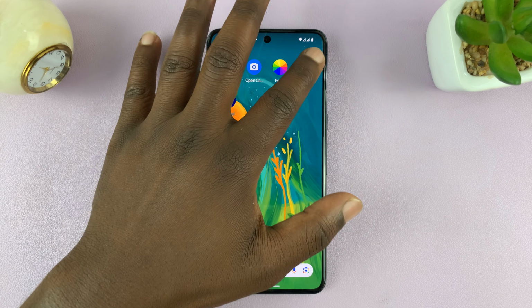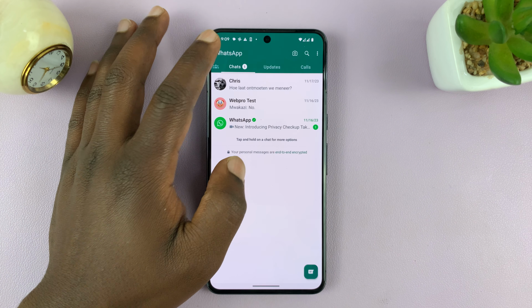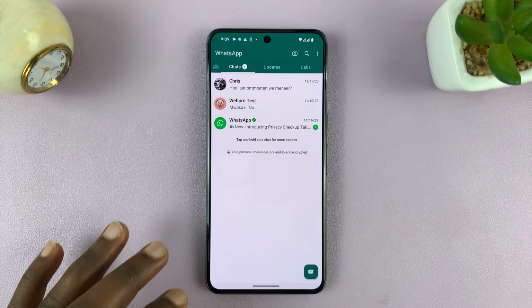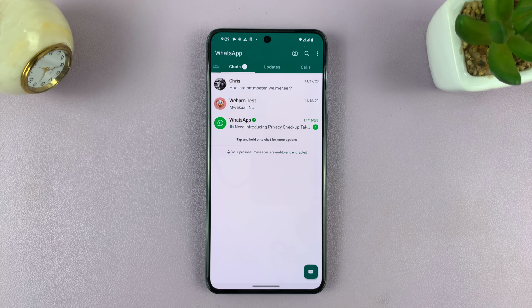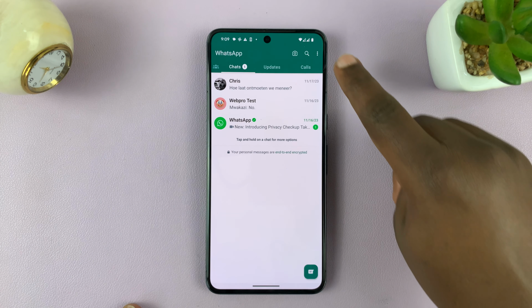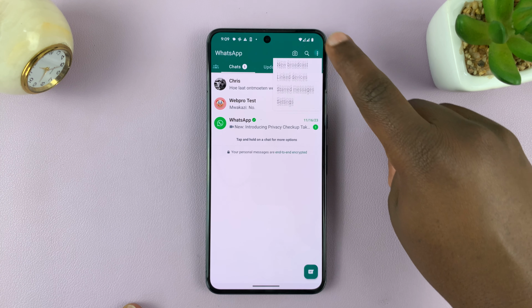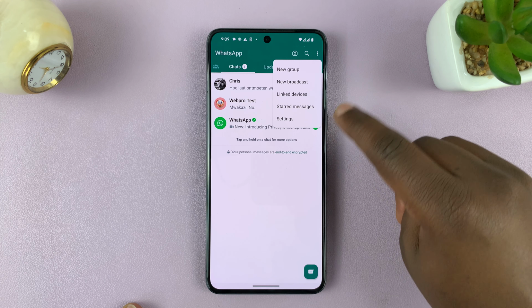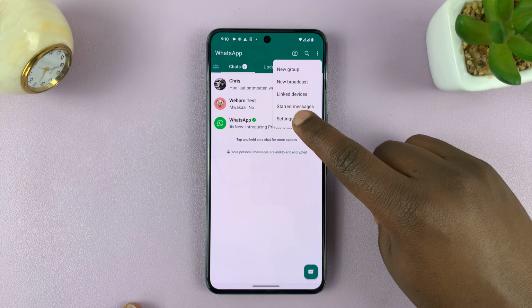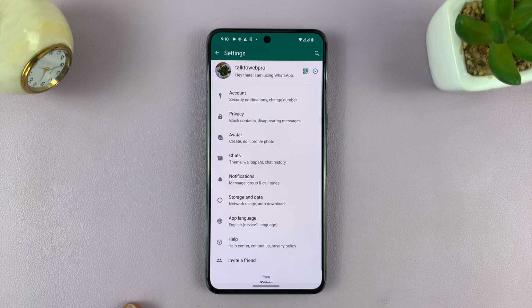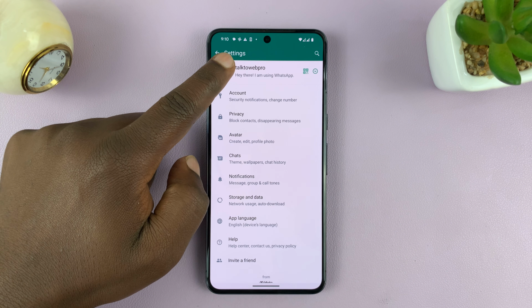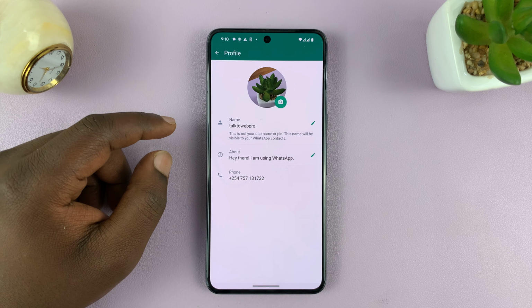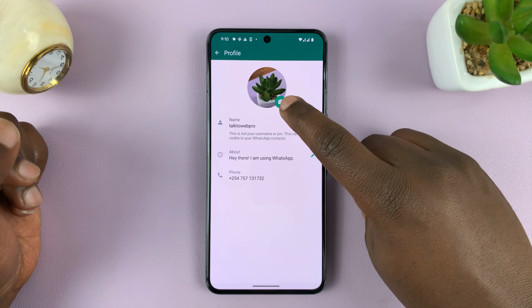So I'll be showing you how to use an avatar as your WhatsApp profile picture on your Android phone. So launch WhatsApp and then tap on the three dots in the top right corner, and from the menu that drops down, tap on settings and then tap on your current profile picture and then tap on the camera icon